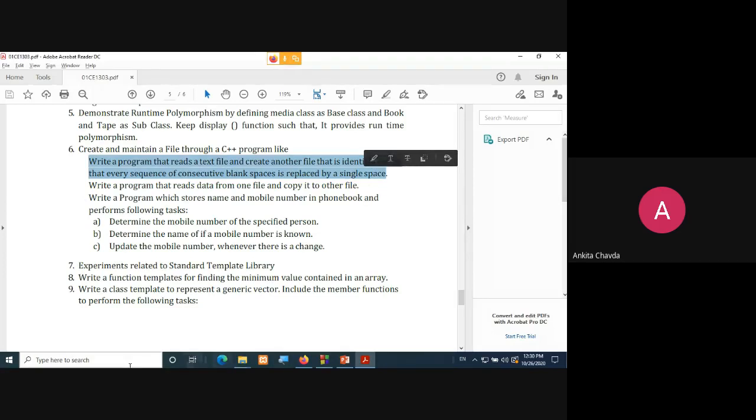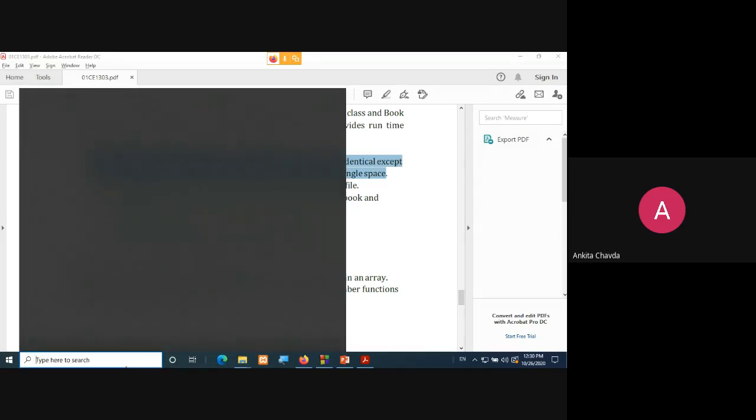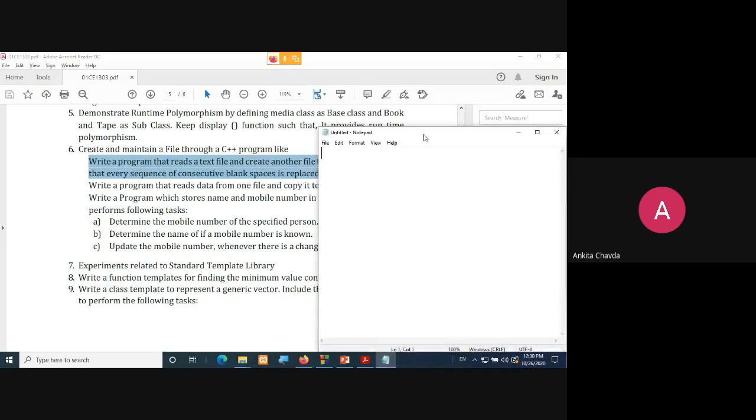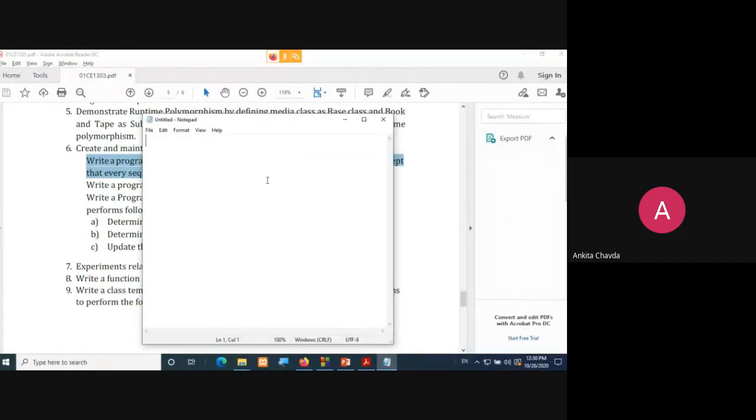Means what you need to do, I'll simply explain via this notepad. So what you are having in your file.